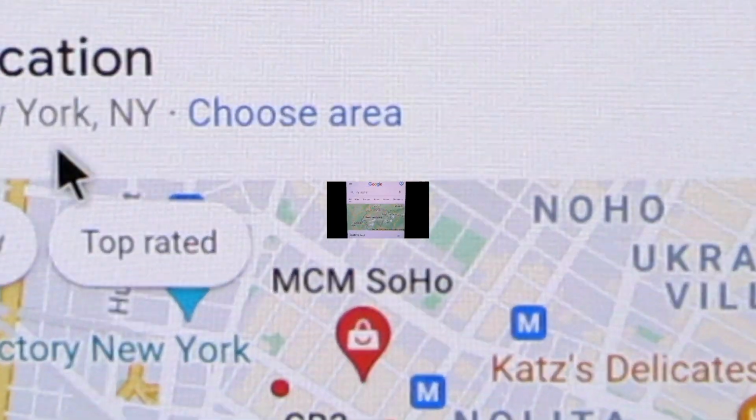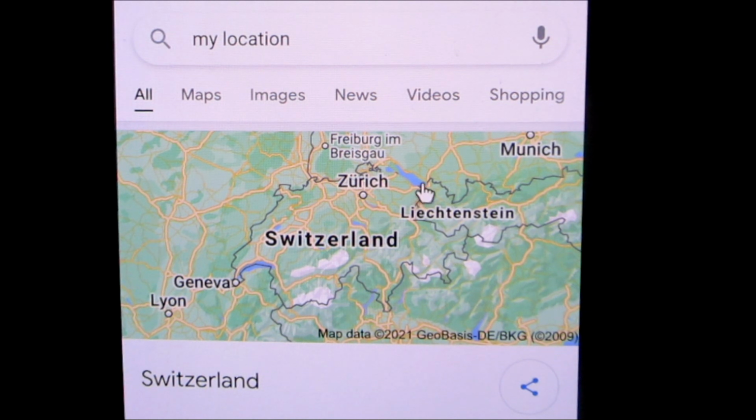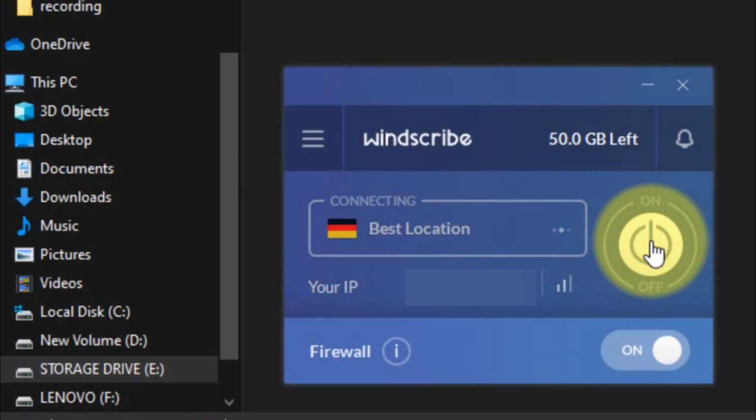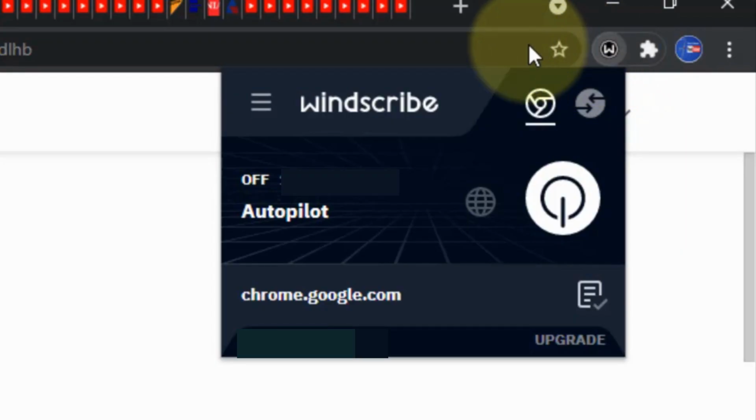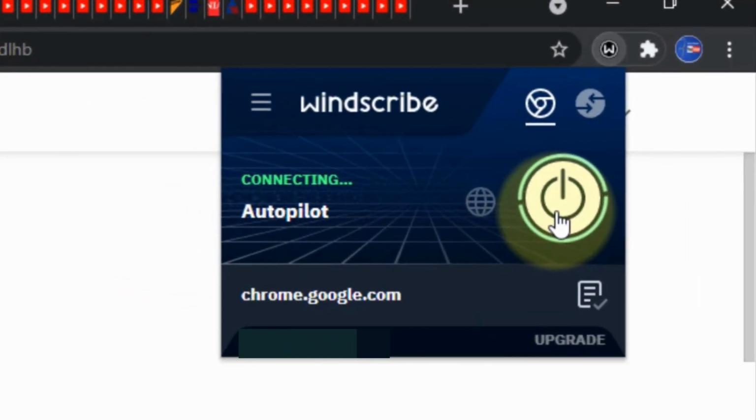Windscribe VPN offers a powerful desktop application, browser extension, and Android app combo that works to deliver the safest browsing experience possible. The best part is no name, email, or other personal information is required when creating a user account. Let us see how to connect Windscribe VPN service.